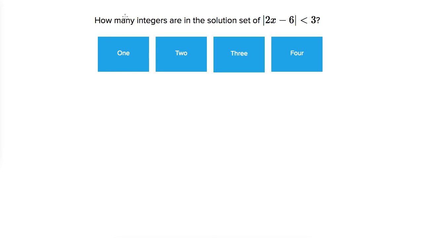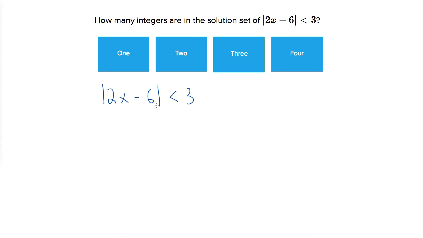This problem asks us how many integers are in the solution set of absolute value 2x minus 6 is less than 3. So basically we want the absolute value of 2x minus 6 to be less than 3. Okay, so